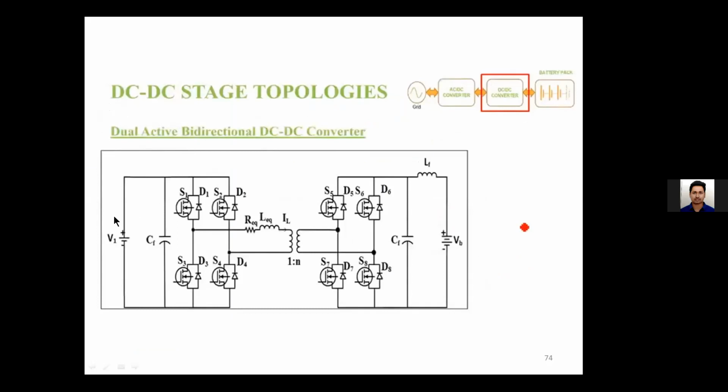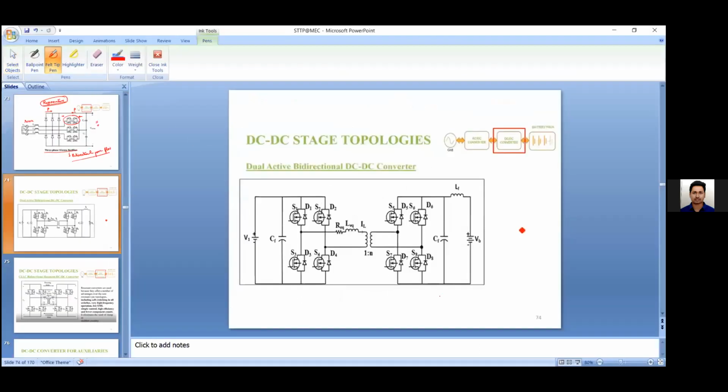So this is your DC voltage. Here we are using a high frequency transformer. Why are we using a high frequency transformer? Because the size of the magnetic components, or the size of the transformer, is inversely proportional to frequency. So the higher the frequency, the lower the size of the transformer. As we discussed in electric vehicles, size and weight are among the main criteria. Obviously, we require lower size and lower weight. That's the reason we generally use a high frequency transformer.